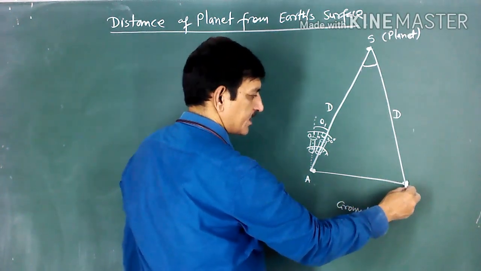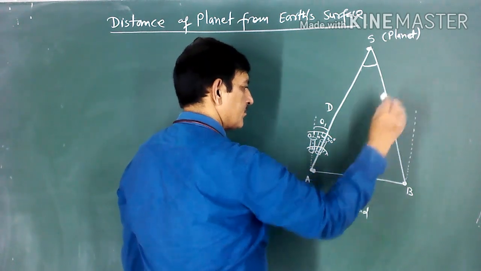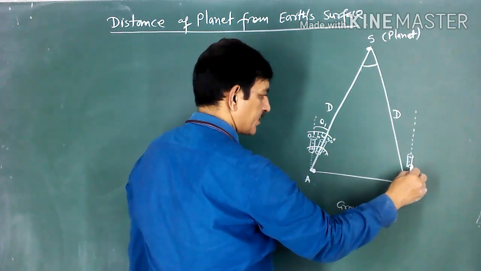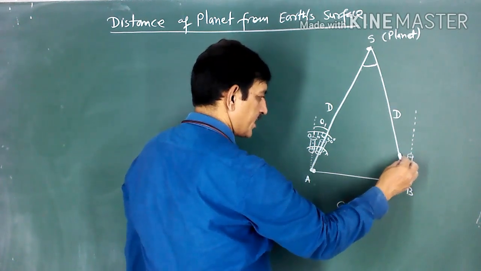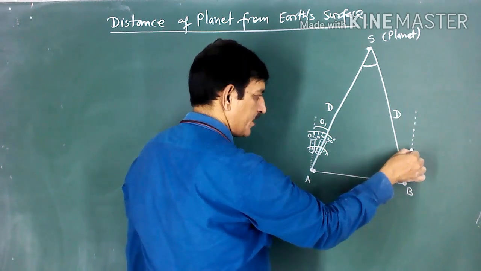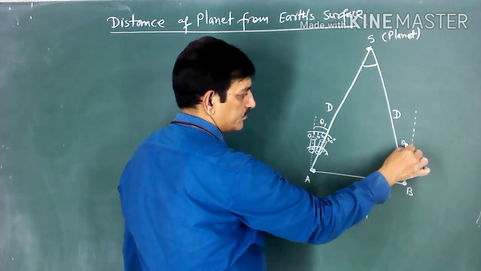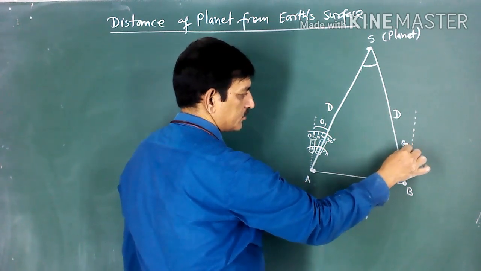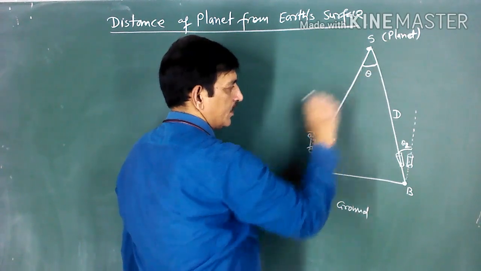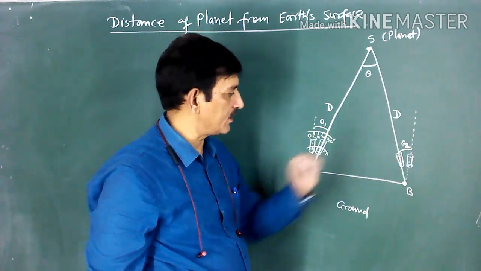Similarly, we will set the telescope here for vertical position. Again, this telescope will give the reading for vertical position, and you just rotate this telescope to see this planet. Again, you have to turn this telescope through an angle theta 2. This is theta 2. So what will be the angle theta? Actually, this theta will be equal to the sum of theta 1 and theta 2.